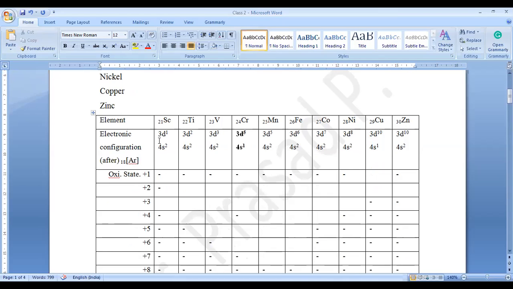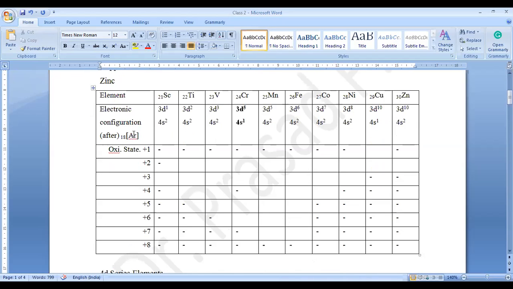While writing the electronic configuration, we write 1s2 2s2 2p6 3s2 3p6 and 3d1 4s2, or up to 3p6, that is the configuration of the noble gas argon. Therefore we'll take argon 18 as the base, and after writing argon in square bracket, we continue writing 3d1 4s2, 3d2 4s2, like that. Here one thing I kept in bold so you can understand why it is so: d has 5 sub-levels, and if you take one electron in each, that becomes 5, which is more stable. So to get stability of the atom,